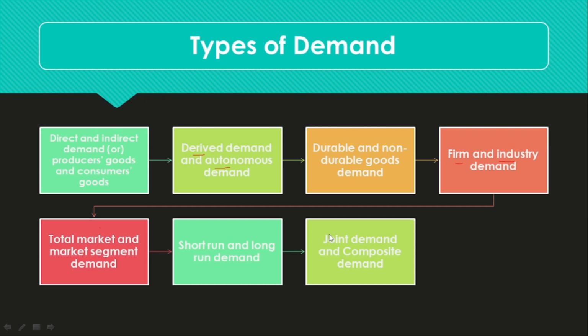And composite demand is like in a car you use so many things, which are sometimes produced by different sectors. Let's take an example of a laptop. A laptop uses so many things, and all of these things are somehow produced by different sectors. Like the screen will be produced by someone else, and the keypads will be produced by someone else, and all of these things. So together they come and are assembled to ultimately form a laptop. So that is called the composite